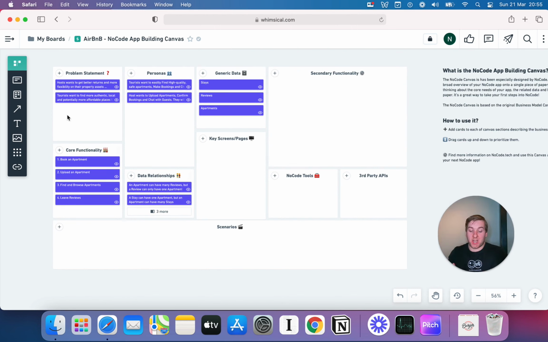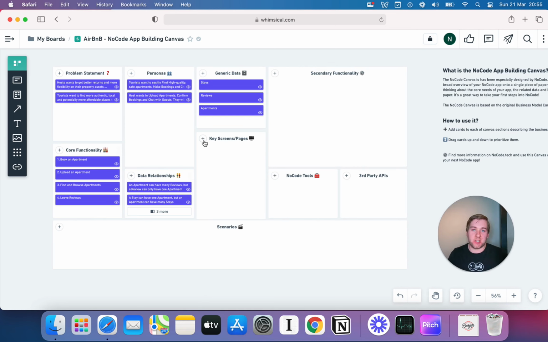But very quickly, what you have in this upper left, almost half of the canvas, is you now have enough to go start your app and create a database. You've got enough there to do the database, you've got enough to do the sign in, you've got a fair idea of the things that you've got to go and create. I mean, frankly, at this stage, you could get started. The next thing that you can do, and you've got key screens pages here, that's the next thing you can do. I quite like to do it personally before the secondary functionality, just because